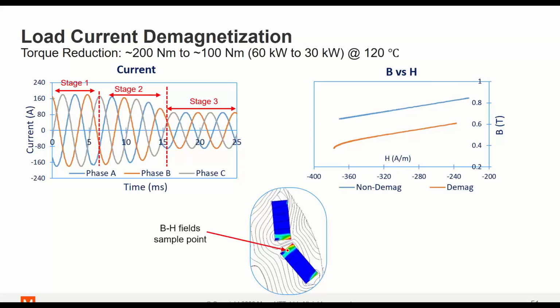So breaking down the current into 3 sections, we can see now, since we're starting off with the high load current, this automatically pushes the DMAG model to recoil at the same stages for stage 1 and stage 2, and all the stages essentially fall into the same BH loop, which indicates a total or a permanent demagnetization loss.